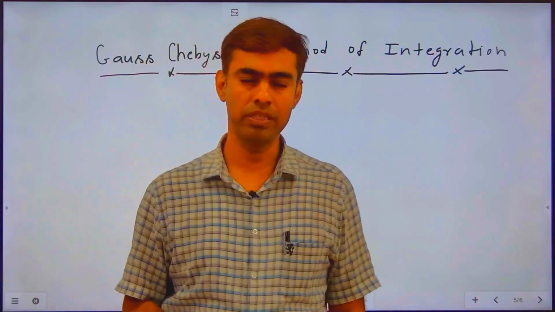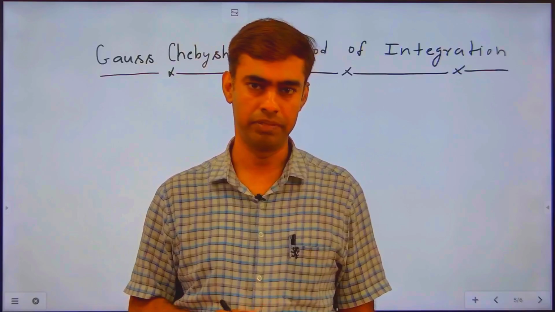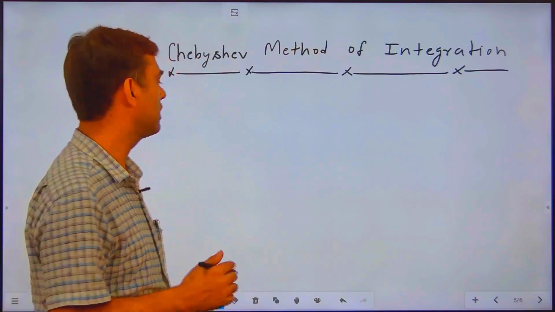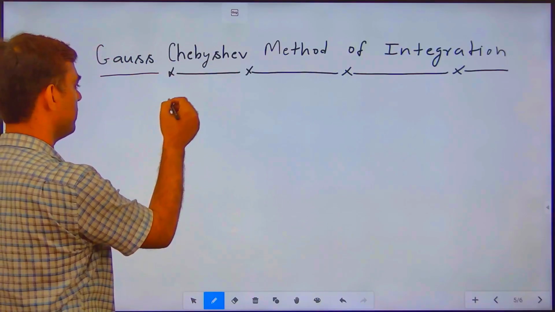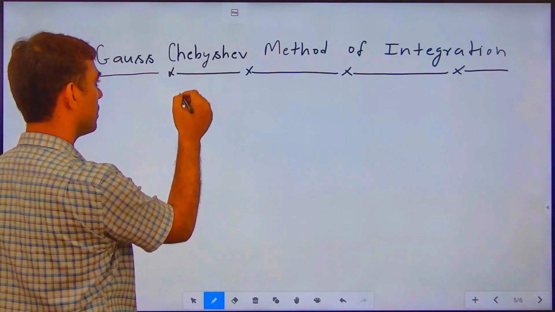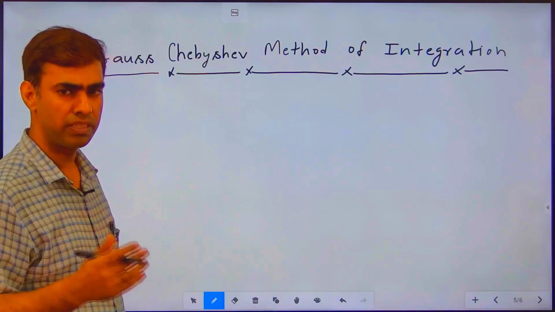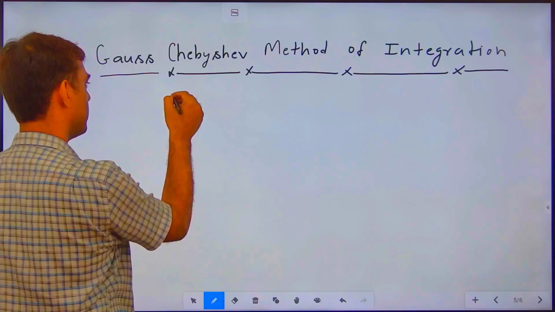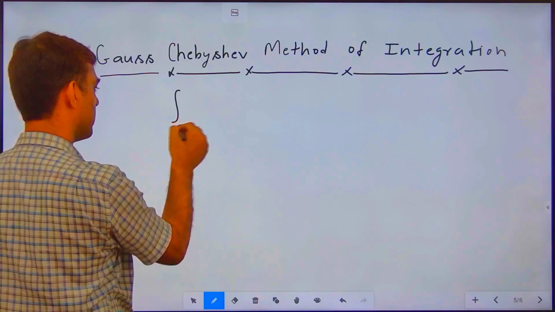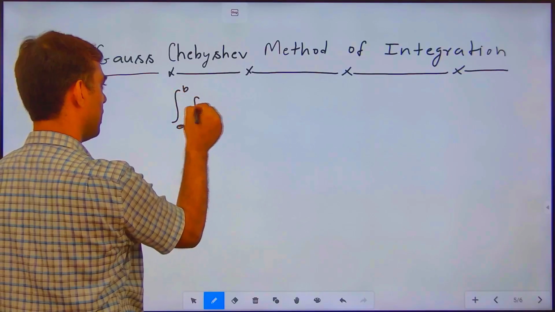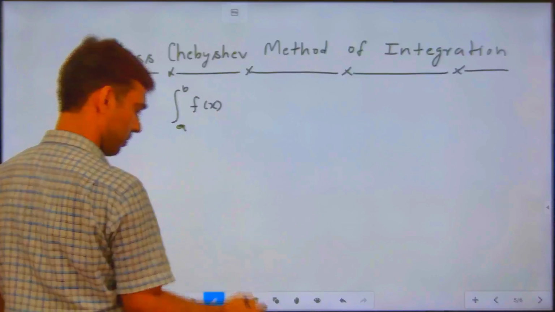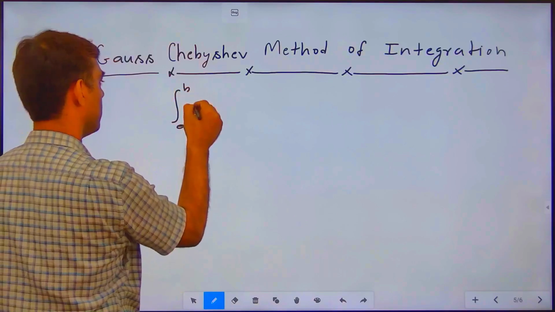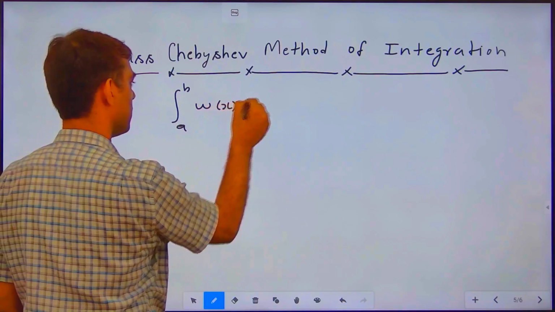Now we discuss the Gaussian Chebyshev integration method. As we know, the general form of a Gaussian integration, or any numerical integration, is the integral from a to b of w(x) f(x)